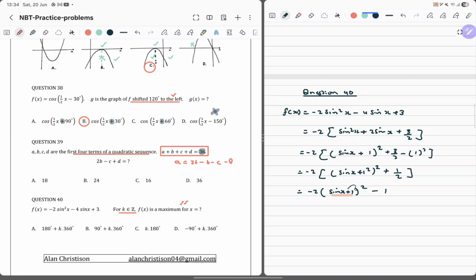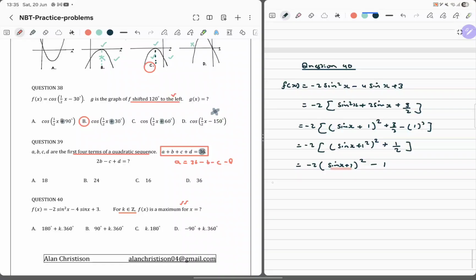Because this is a perfect square. But if it has a negative, it will always be negative. So the biggest would be 0. And then this is going to be 1. So this means this thing must be equal to 0. Alright, so we can say f will have a maximum such that sine x plus 1 is equal to 0, sine x is equal to minus 1,